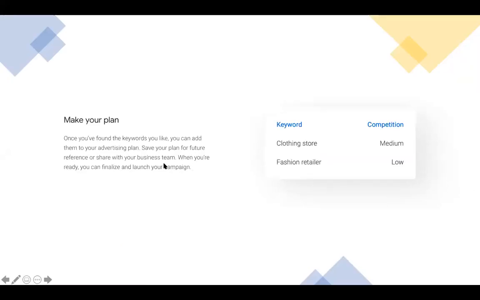Then it says here, make your plan. Once you've found the keywords you like, you can add them to your advertising plan. Save your plan for future reference or share it with your business team. When you're ready, you can finalize and launch your campaign. So you can have different keywords at different, they call it competitions. So if you want to strongly bid against part-time business in Johannesburg, that's your main focus, you can do medium to high. If you just out of interest sake want to test financial stress Johannesburg, you can put that